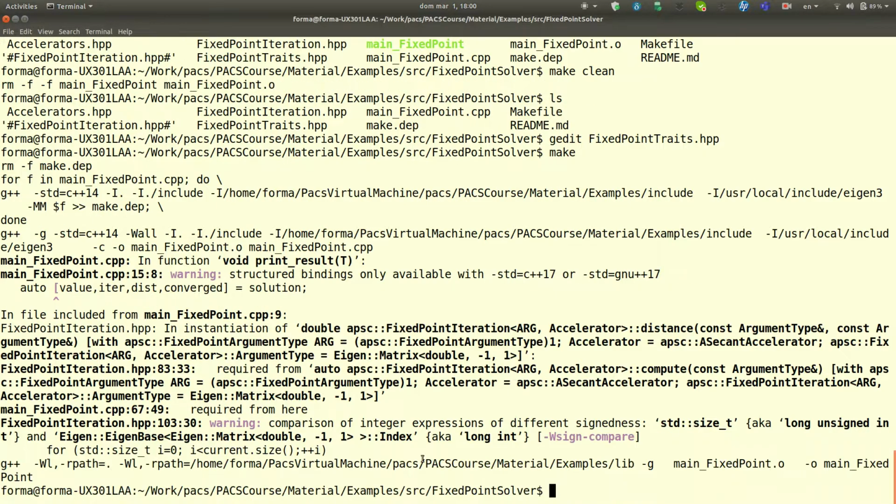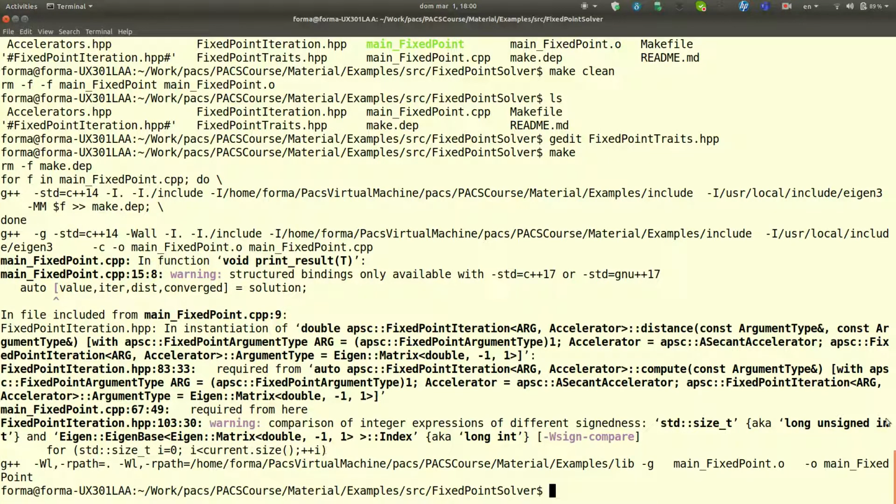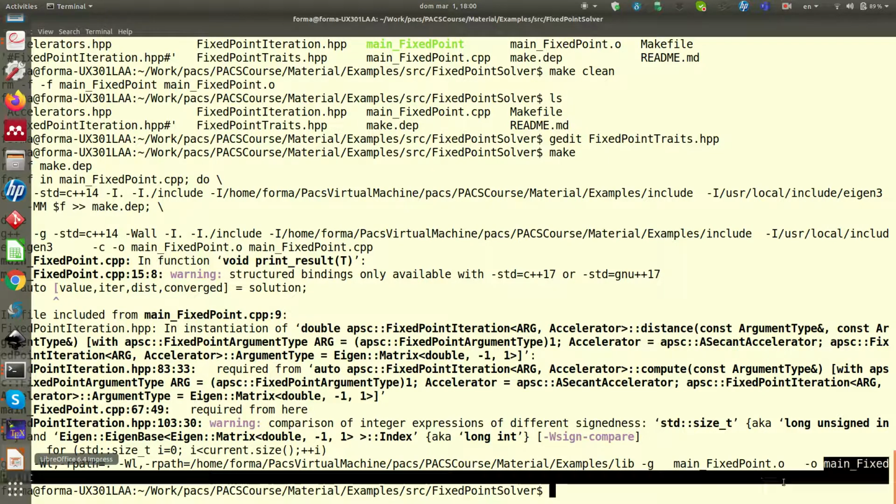And so inside Eigen, they're doing some comparison, and the compiler is giving me a warning. Look, you are a long unsigned int, and you are comparing with a long int. Are you sure that you're doing the right thing? Yes, I suppose that the Eigen developers are doing the right thing. So I'm ignoring this warning. Okay. So the main has been created. It's called main fixed point,